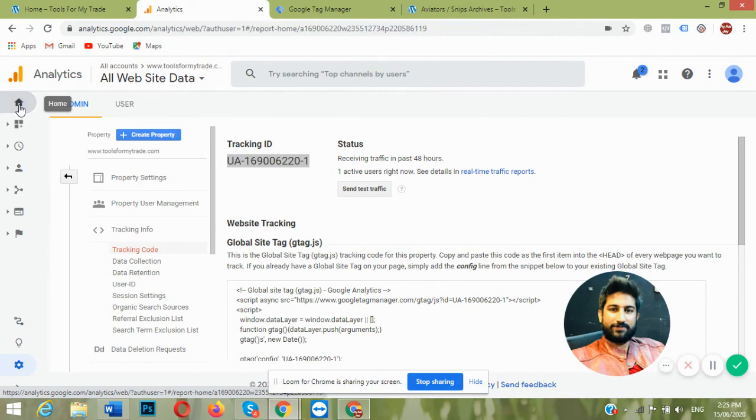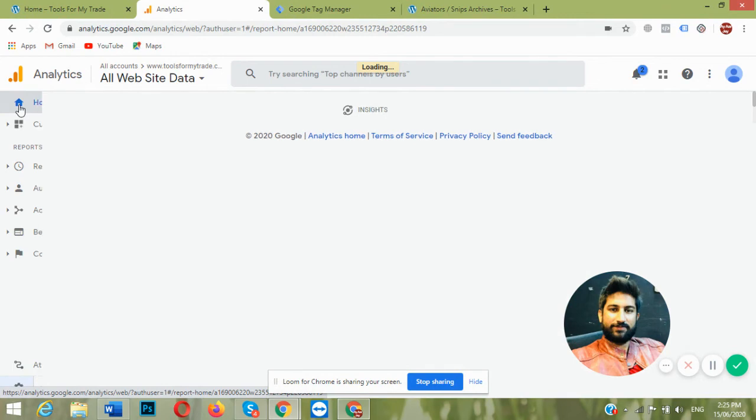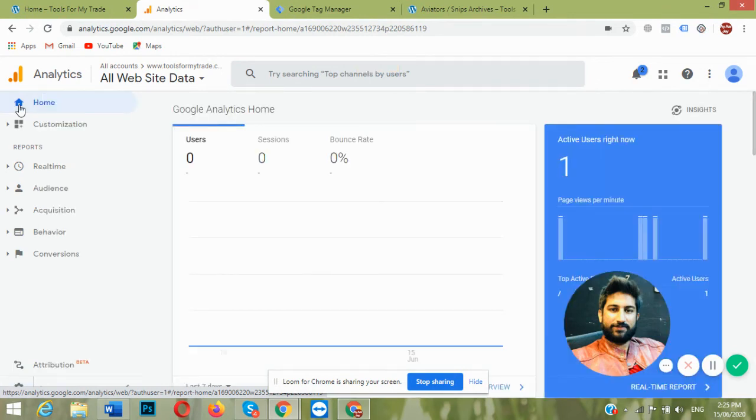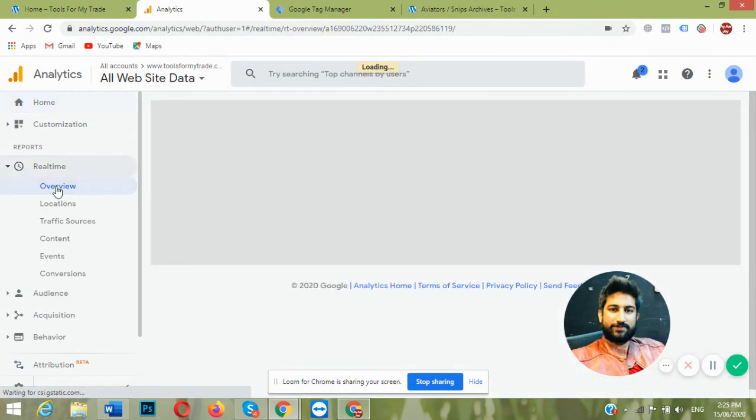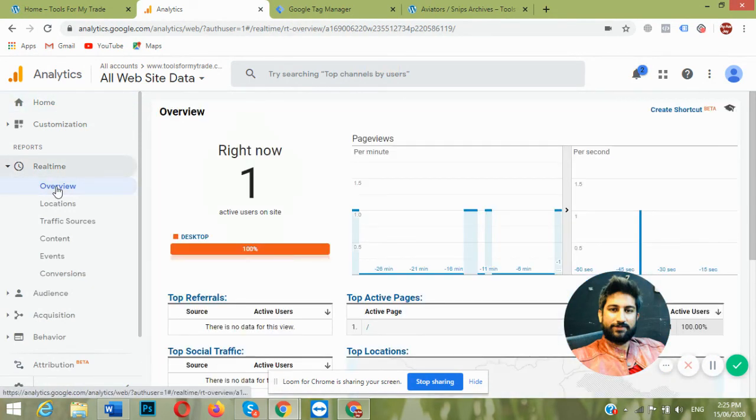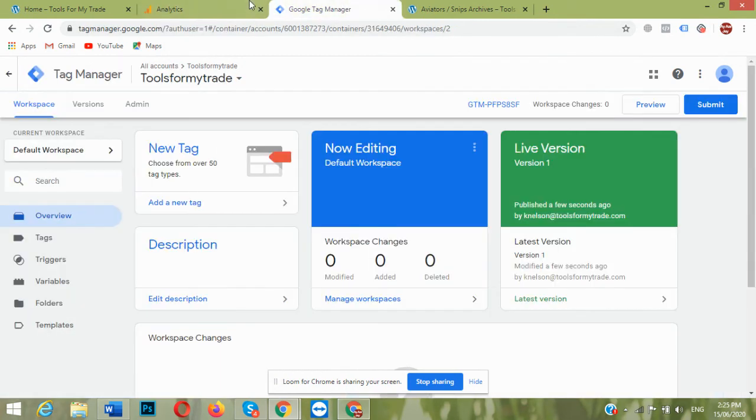Now we'll check, go to home. It shows a user, which means analytics is working correctly. Go to real time.